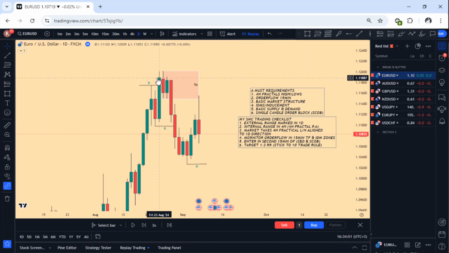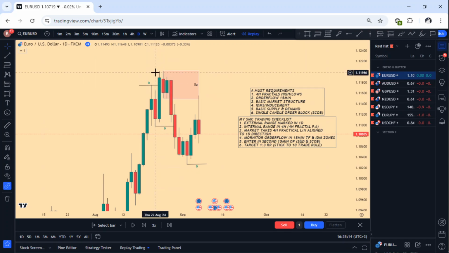Then the following day we bought, then we caused a break of structure, then we pulled down, causing a change of character, meaning that the market is now back to selling. Then what happened? The market pulled back and tapped onto this supply zone that has a fair value gap and high probability order flow, an order block, this red